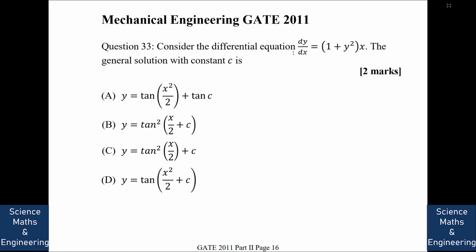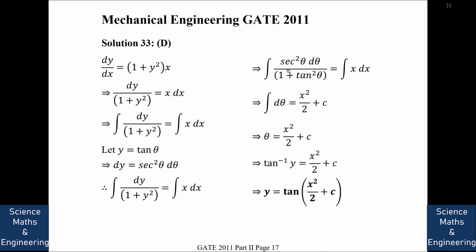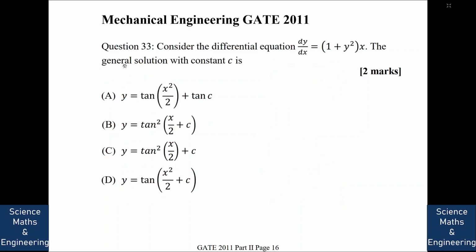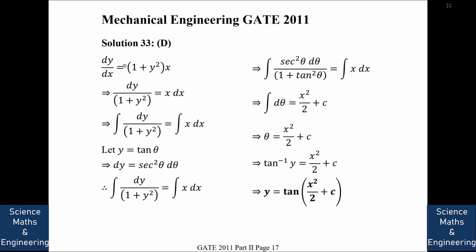Consider the differential equation dy by dx is equal to 1 plus y square into x. We need to find the general solution with constant c. So the answer is, you see, dy by dx is equal to 1 plus y square into x. So dy divided by 1 plus y square is equal to x dx. From here, if you integrate dy by 1 plus y square equal to the integration of x dx,